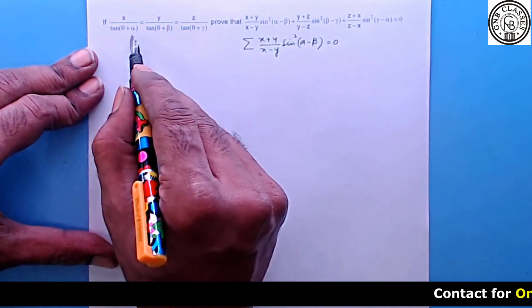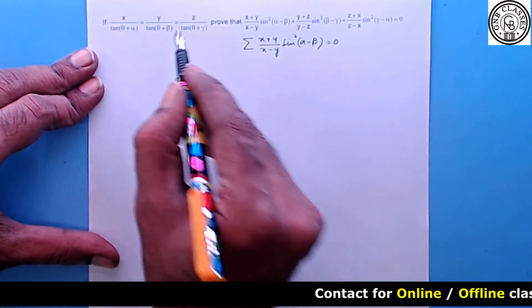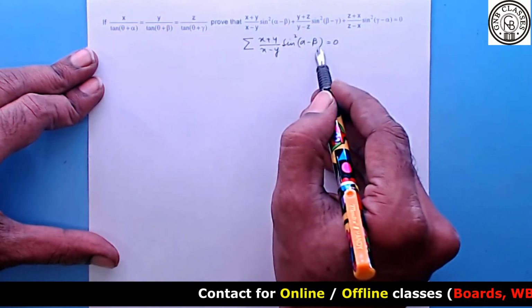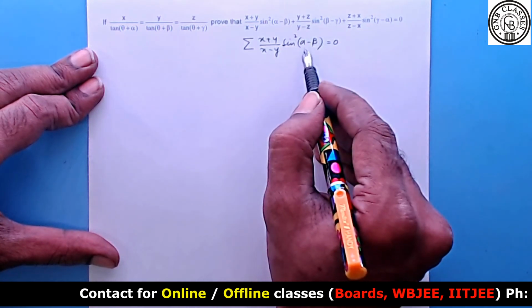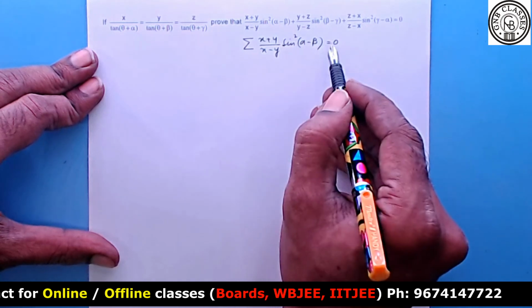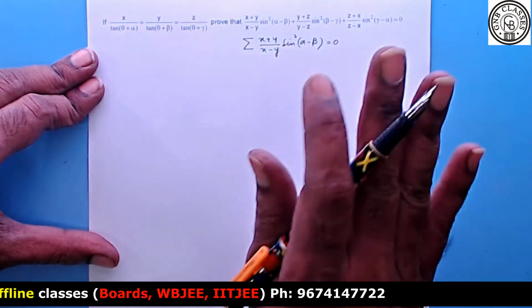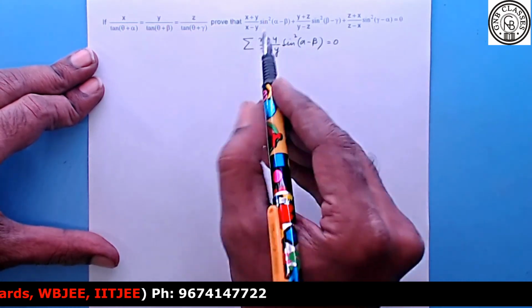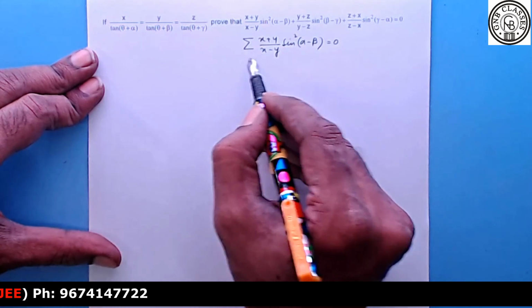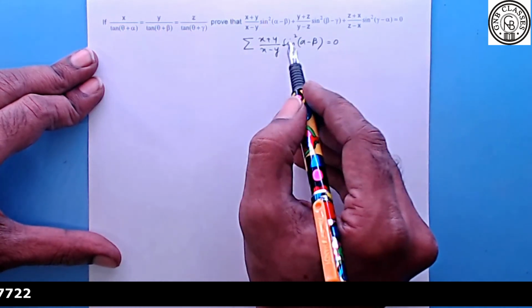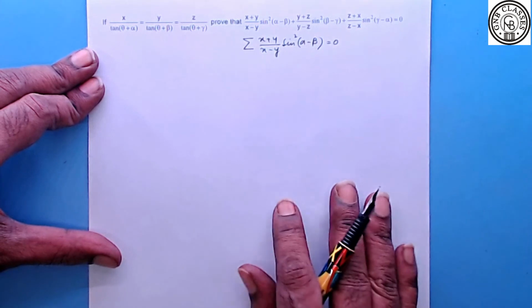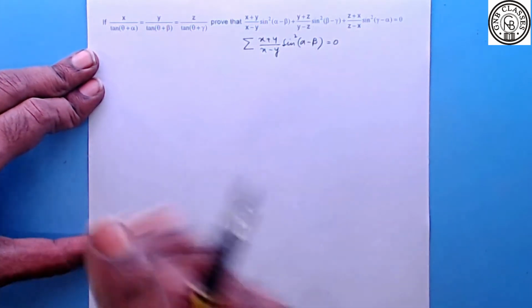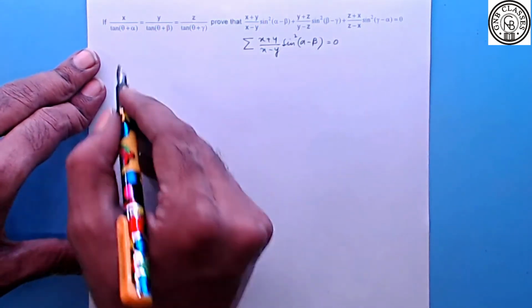Alpha minus beta is the variable over here. So it will again be cyclic one. It will be alpha minus beta, then in the second case, it will be beta minus gamma, then in the third case, it will be gamma minus alpha. So you people should understand, if the question is in this form, you should not get nervous. You should understand what is actually given to be proved. Okay. Now, how to start this sum?